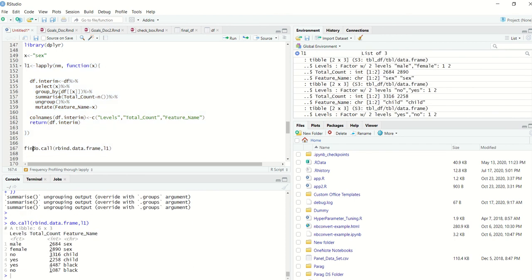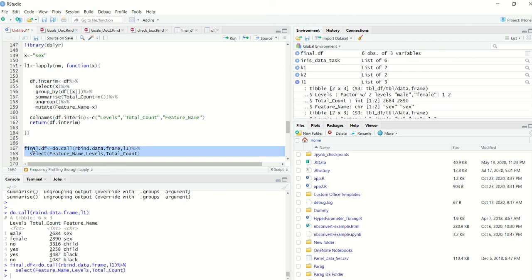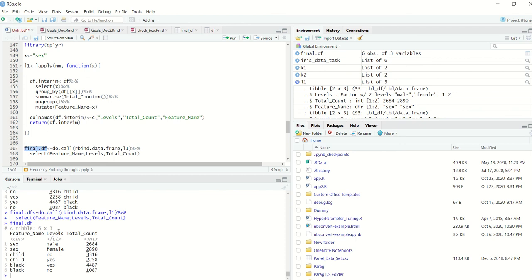Okay, so you see, now we'll just relabel the final data set as final.df. I think we need to reorganize the columns a little, so let's do that. First should be the feature name, then should be the levels, and then should be the total count. If I run this, you see your final data set is basically frequency profiling of the variables,